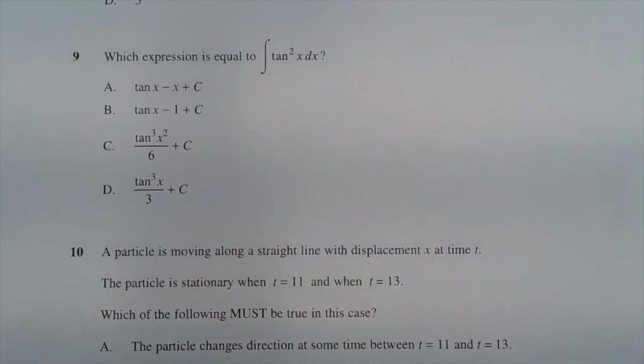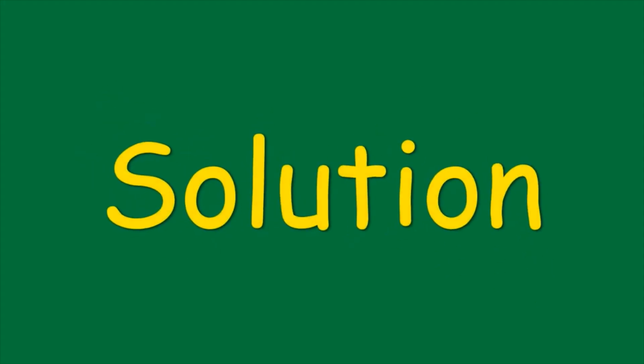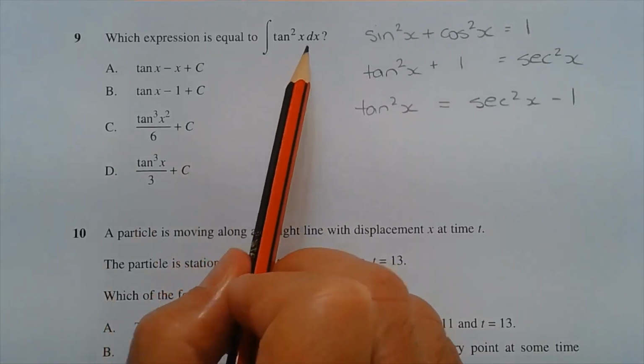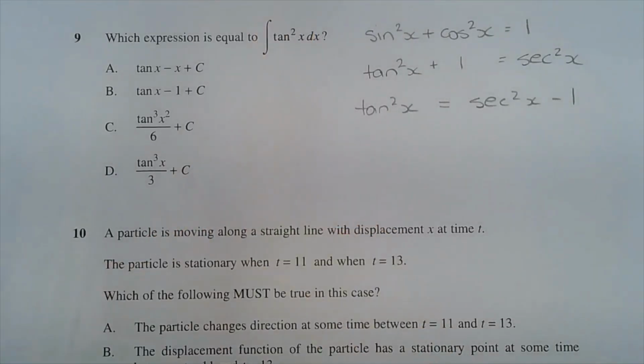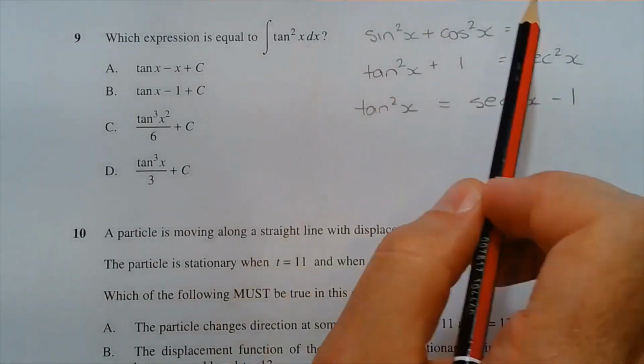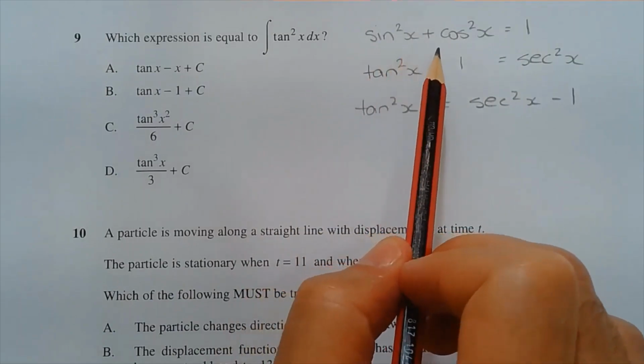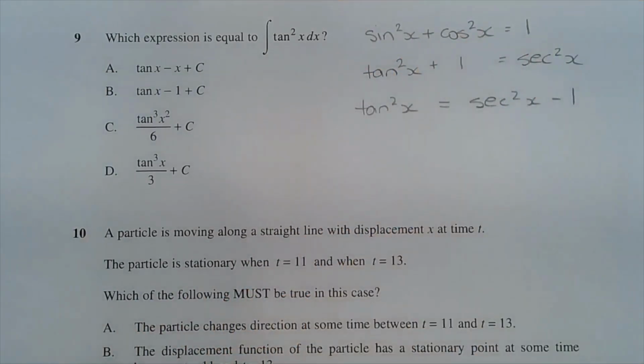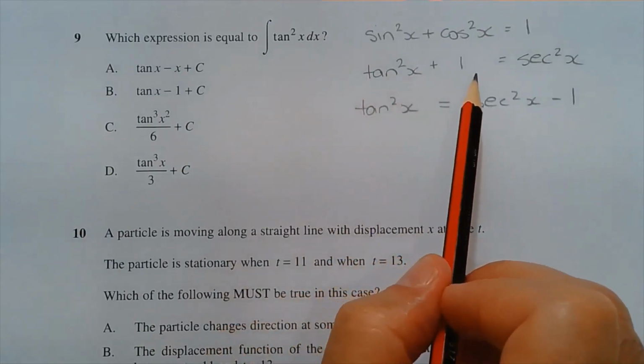Question 9. Which expression is equal to the integral of tan squared x dx? To integrate tan squared x with respect to x, we will need to change the form of the integrand into something more recognizable. Using a Pythagorean identity, we know that sine squared x plus cos squared x equals 1. Dividing all three terms by cos squared x, we have tan squared x plus 1 is equal to sec squared